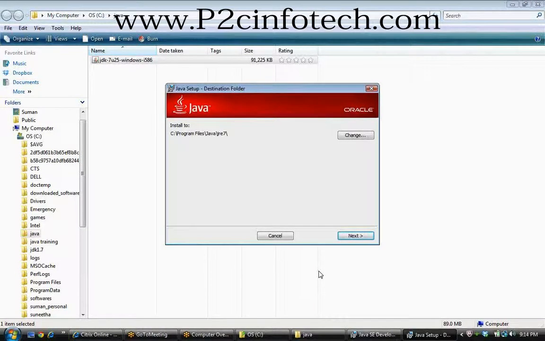Okay, now see, after the JDK is completed, it is prompting for the JRE, Java Runtime Environment. It is up to you whether to keep it in Program Files or store it in the JDK folder, but it is not an issue because the JRE will always start by itself. So you can click next. It will install.